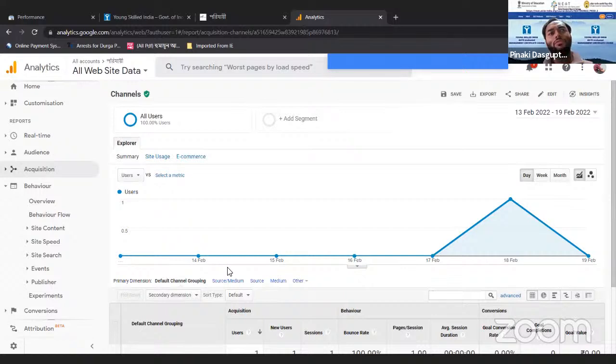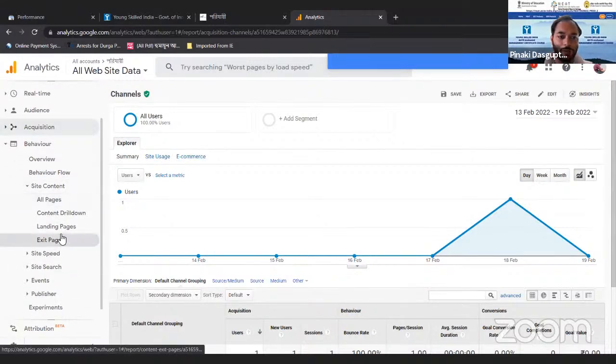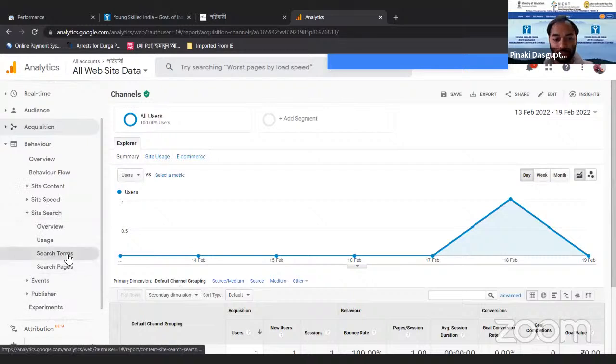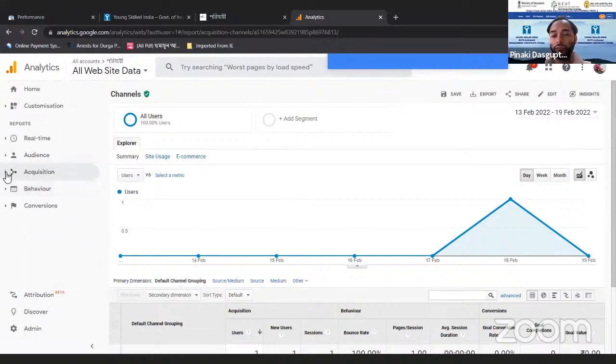You can also check the keywords here, from which keywords your traffic is coming, from which platform your traffic is coming, like the device. Which pages, these landing pages, exit pages. Search terms, search pages. So all this data you can also check from Google Analytics.